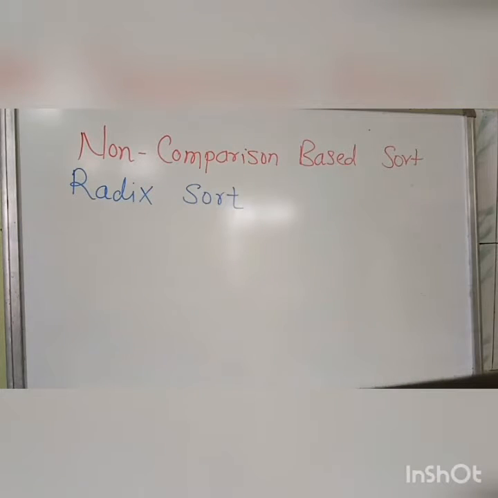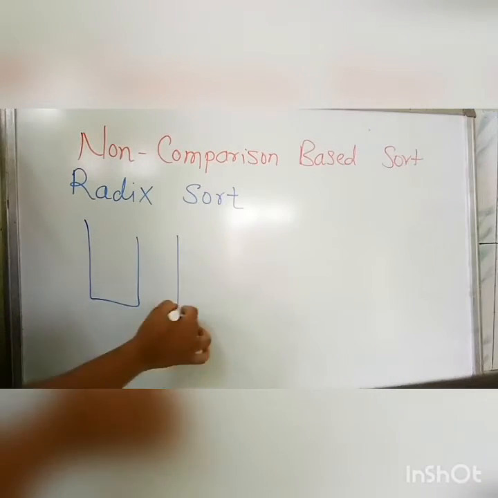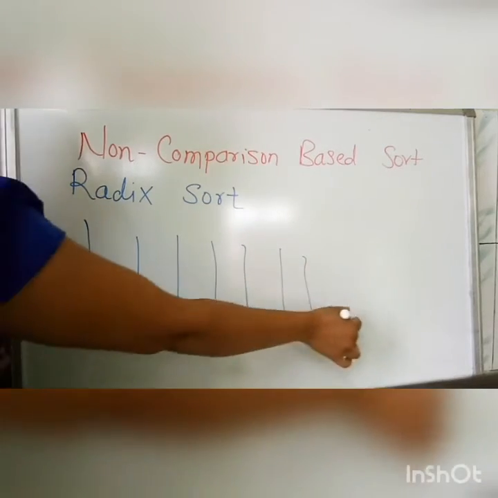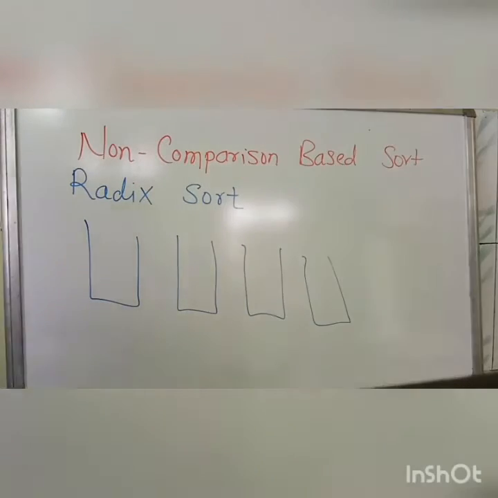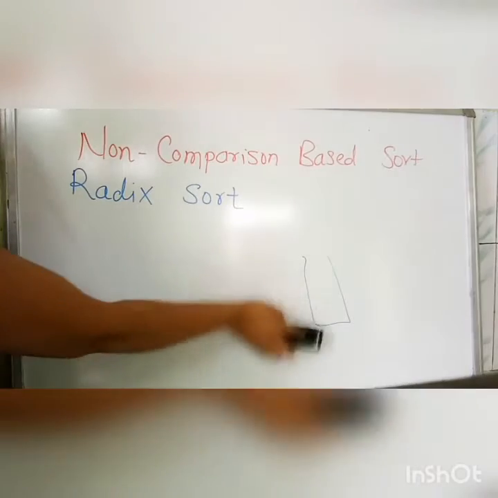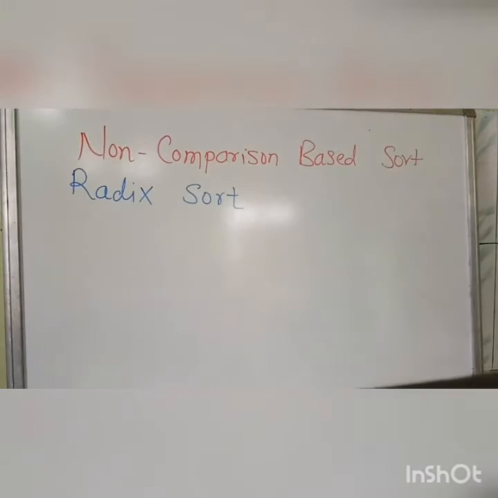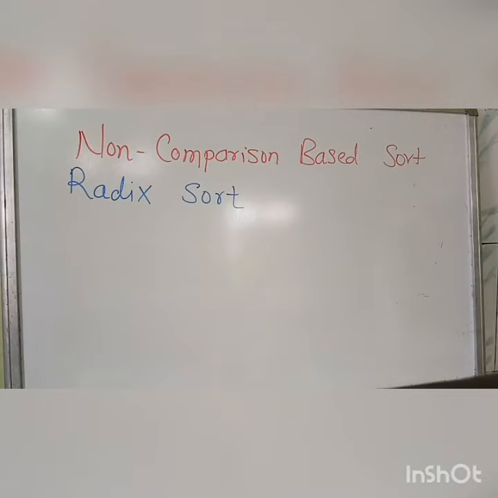So, what is the radix sort? Radix sort is the generalization of a bucket sort. So, basically, what is the bucket sort? There are some buckets, like memory slots, and we have to arrange our elements in these buckets. This sort is known as the bucket sort. Radix sort is an advanced version of a bucket sort. In this we also consider some buckets to store our elements to sort in either ascending or descending manner.